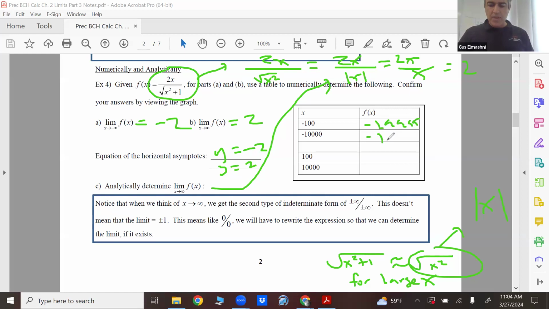More of the same jazz here. Actually, there's a few other things happening. But that's just like crazy. A bunch of nines. And then here it's a positive 1.999999 dot dot dot. Yeah, so that's what's happening. Does that make sense? And graphically speaking, if I were to graph that in the standard window,